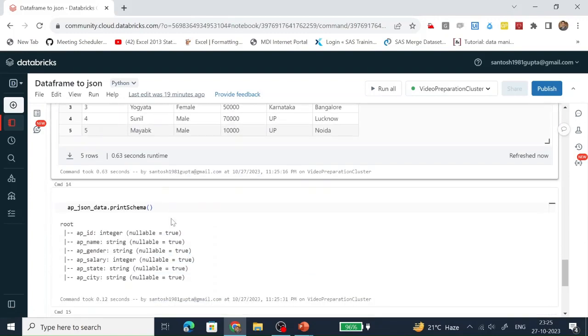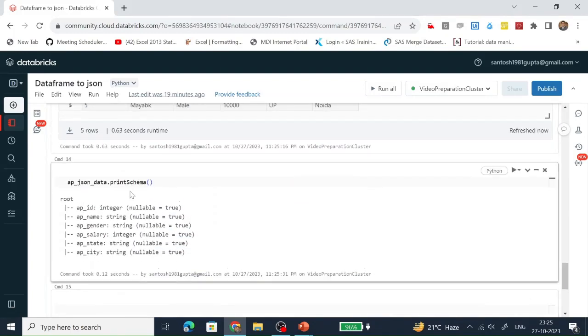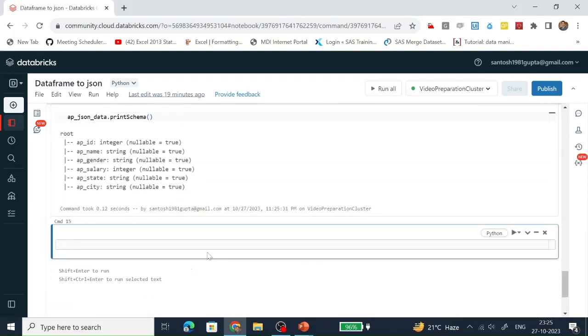Now let's create one JSON file based on this data frame. This is the data frame. We are going to call the write function, and we are going to write the data of this data frame in the JSON document.